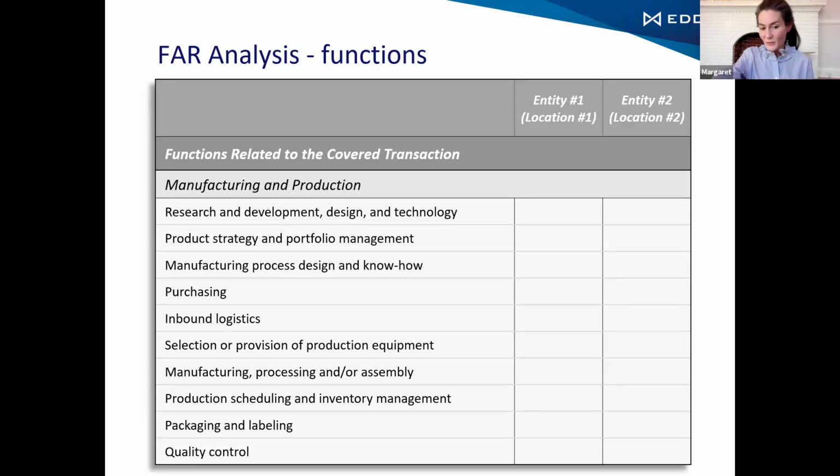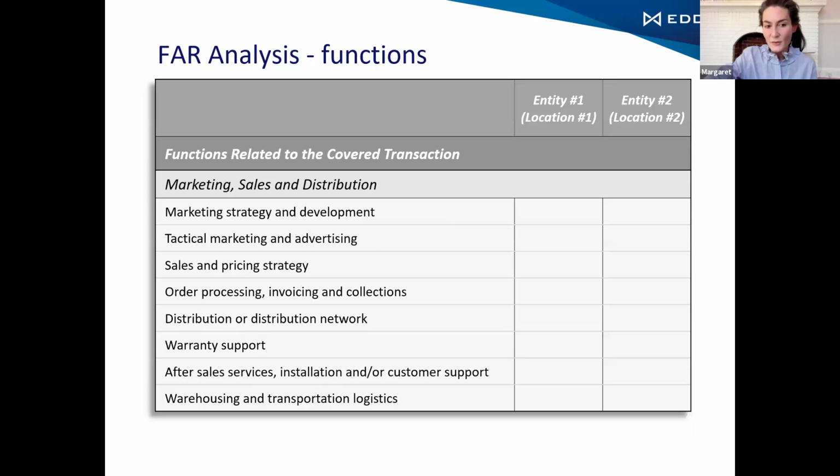And the next group has to do with manufacturing activities, from the beginning of the activity, which is bringing in raw materials, the research and development, all the way through the completion of the manufacturing and the quality control process. And the third group of functions has to do with marketing, sales, and distribution.